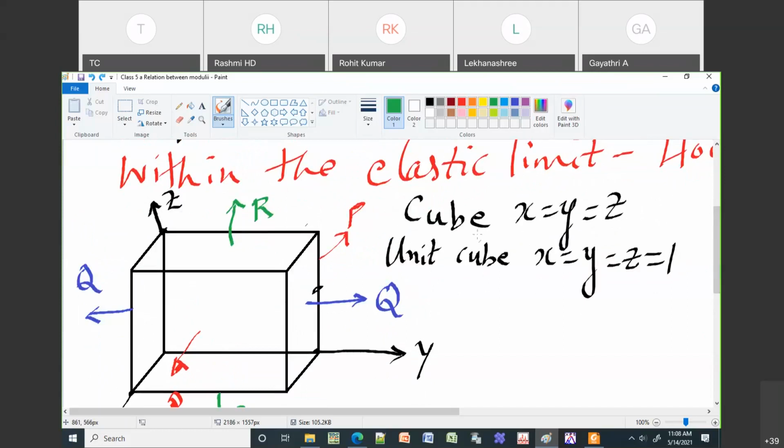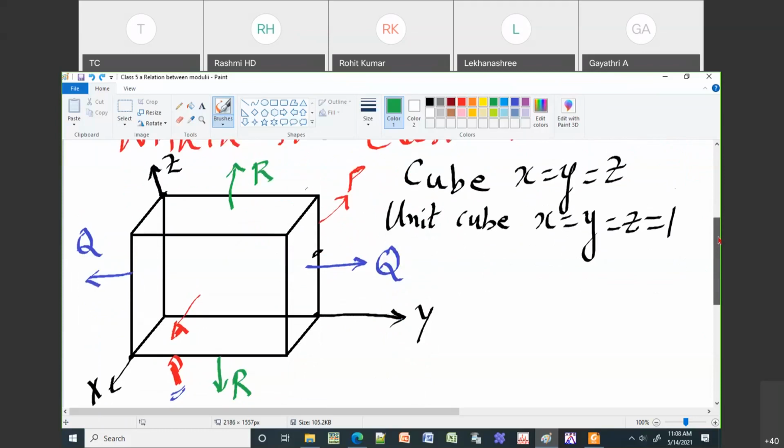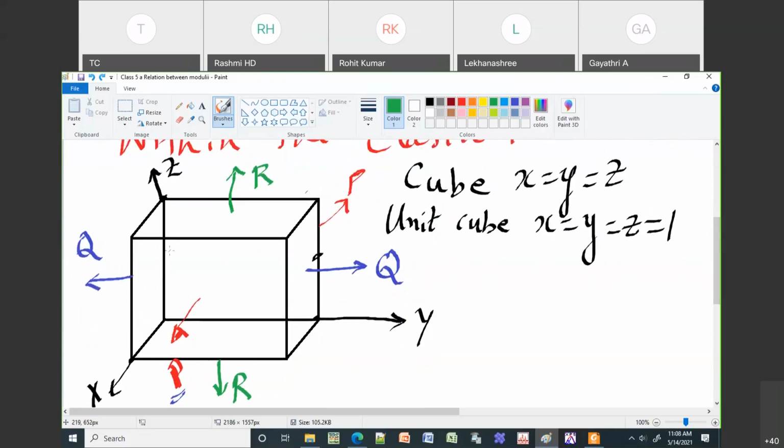Then what we do is apply the outward or expansion force. This is your expansion force. I'm going to apply P on the x-axis, Q on the y-axis, and R on the z-axis, on both positive and negative directions. In this case, what happens? Each force will act on the body, and they will contribute to either expansion or contraction. So let us call it alpha. Alpha is the longitudinal strain per unit stress.